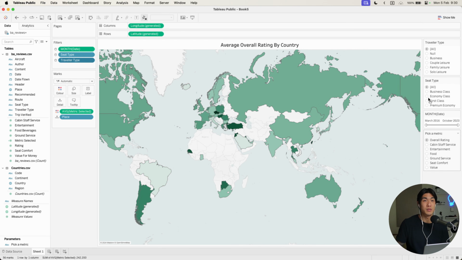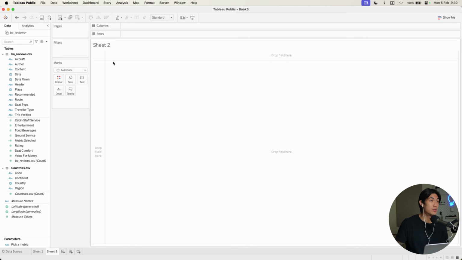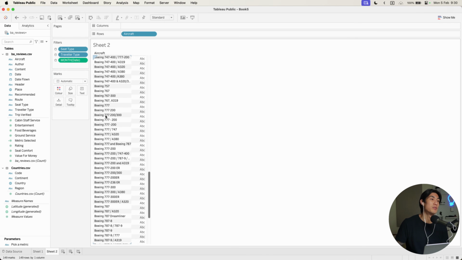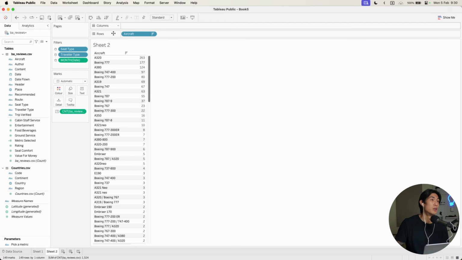You can move these filters around, so I would prefer to have the metric on the top, and then maybe the month, then the traveler type, the seat type, and after that, I would like the aircraft to be a filter. Now, the only thing with the aircraft is that we have so many. Let me just demonstrate. So I bring the aircraft in to the rows, and you can see that we have so many. So what I'm going to do is I'm actually going to pick out the aircraft with the most number of reviews, roughly. So I grab the number of reviews, and then I bring it in here, sort descending,